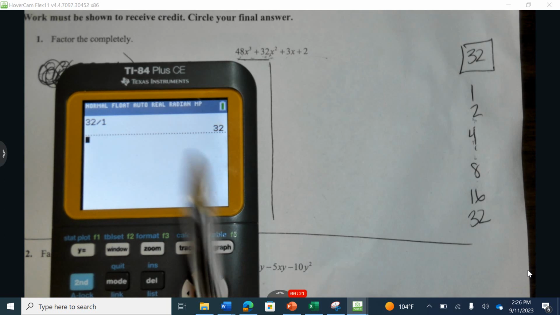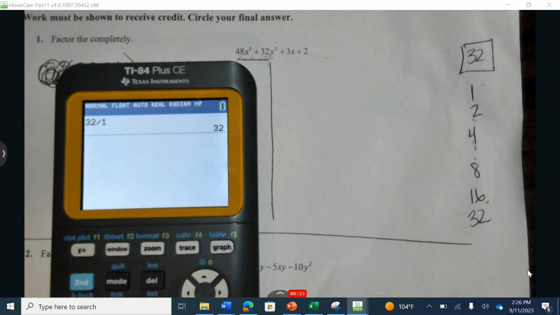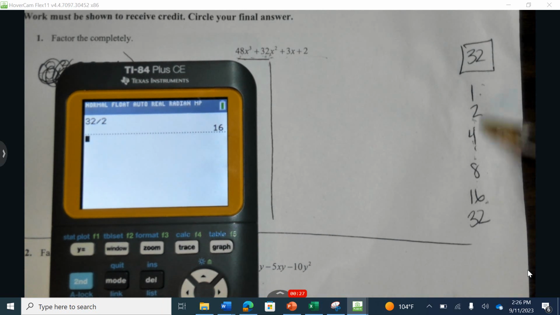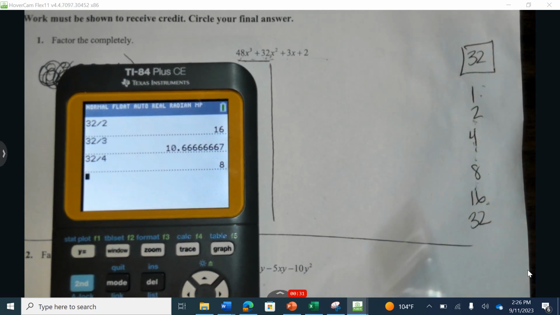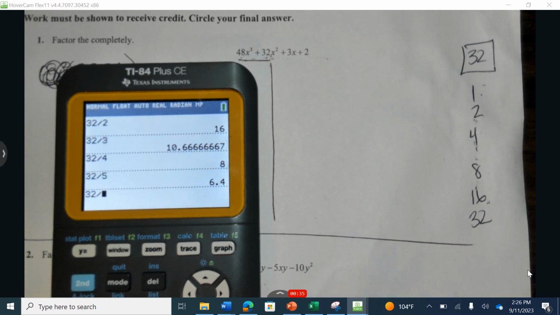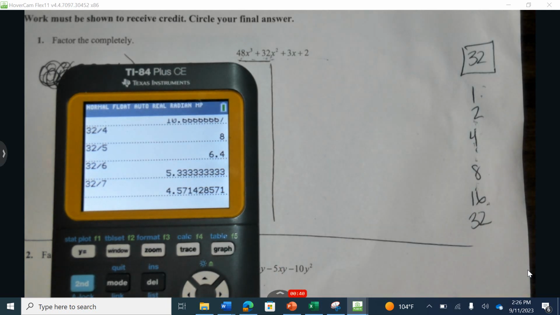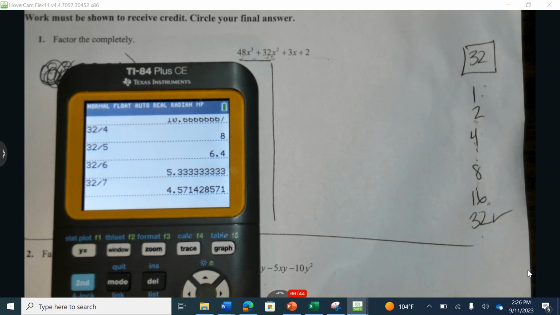Like I know 1 divides in, so 1 and 32 go in. Divide by 2, so 2 and 16. When I divide by 3, I don't get a pretty number, but when I divide by 4, I get 8. And then I'll try the middle numbers, which is 5, 6, and 7. Each time we can see we end up with a decimal type answer. So these are the numbers I need to try, and I always need to start with the largest of the